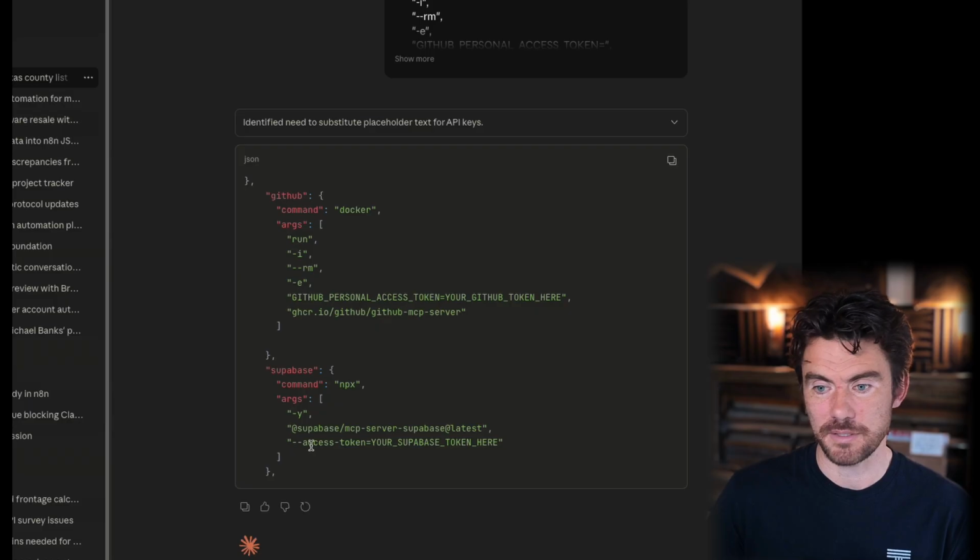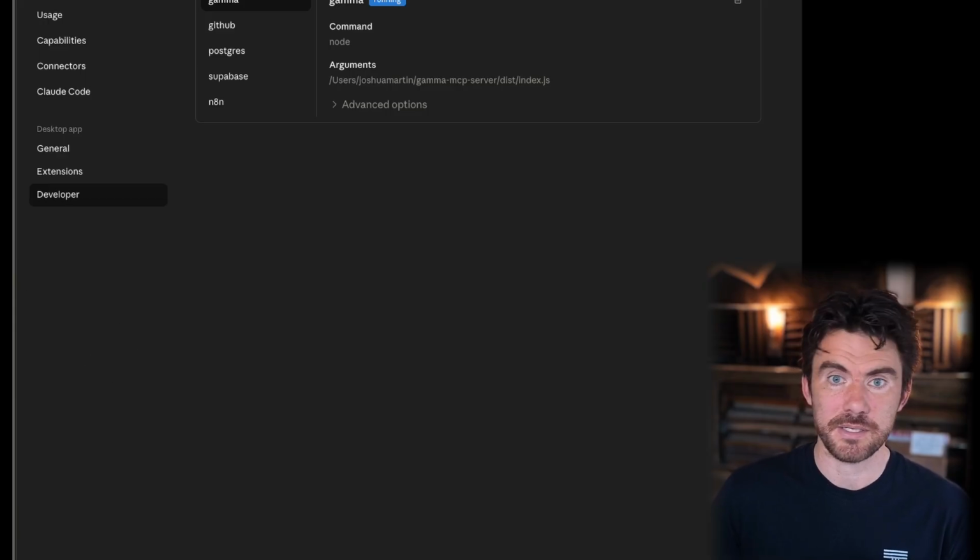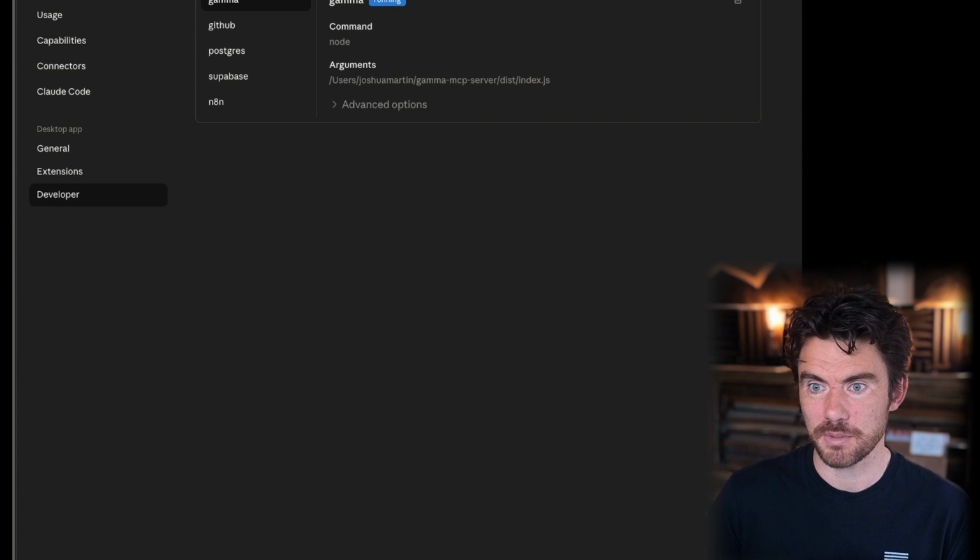That's literally all you have to do, just add these two JSON blobs, add your own access token where it says to, and then basically you'll paste those in, you'll click save, and you will restart Claude Desktop, and all of a sudden you will see